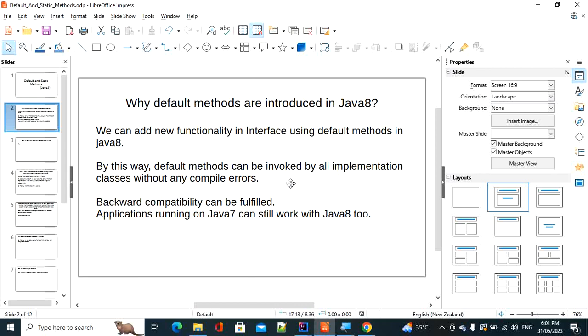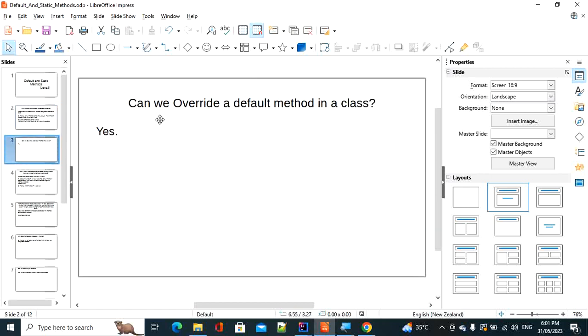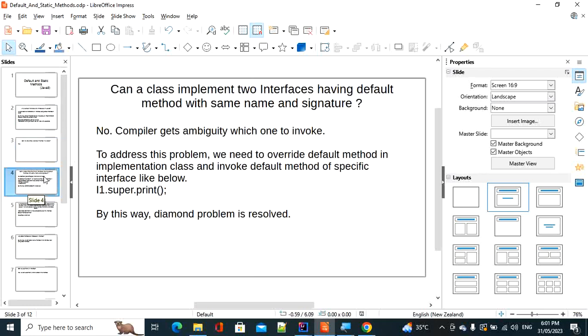Okay, so by this way, default methods can be invoked by all implementation classes without any compile time errors. Okay, so the next question: can we override a default method in a class? Yes, we can override. That's what I have already shown. And the next question: